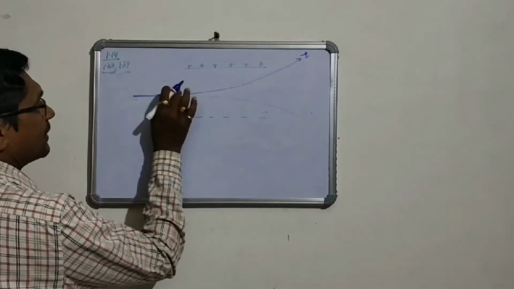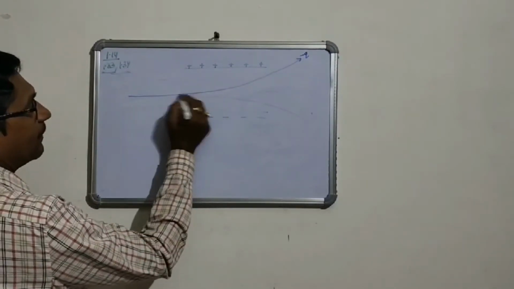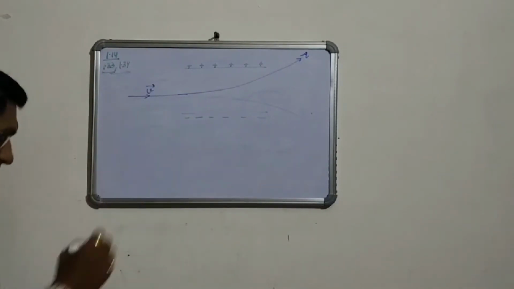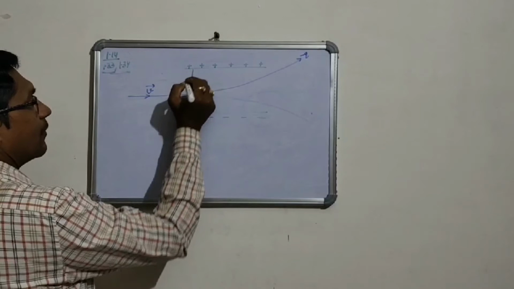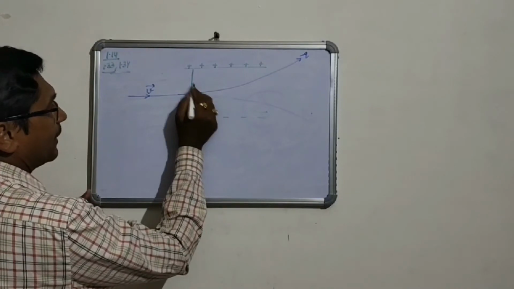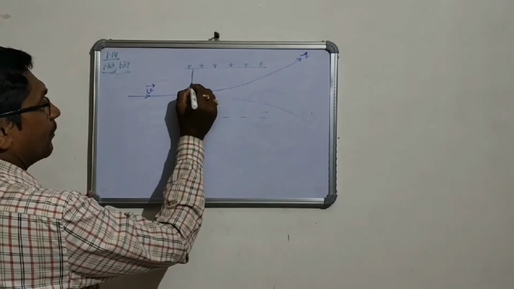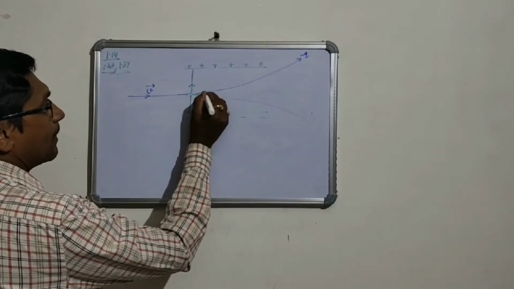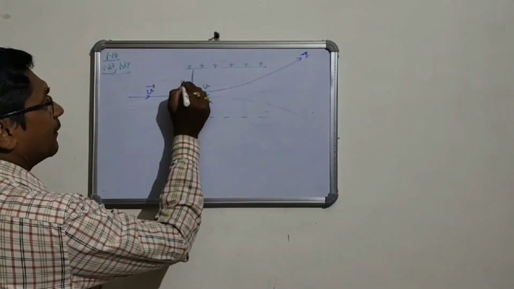A charged particle moving straight outside the electric field. When it enters the electric field, the component of velocity, this is V, the velocity. When it enters, the electric field is acting in this direction, positive to negative, and here the velocity of the charged particle is split into two parts. One component is here and another component is here, and this is the velocity v. So this component is vx along the x-axis and this is vy.